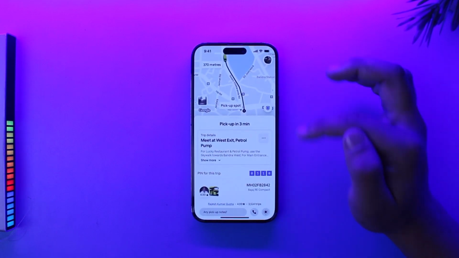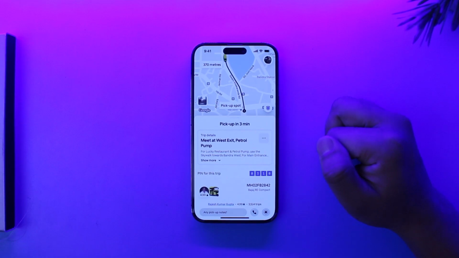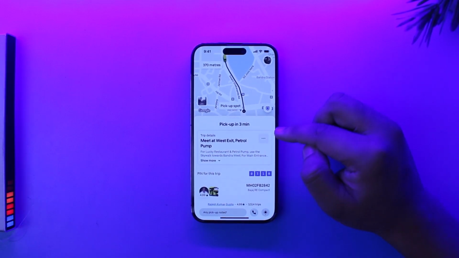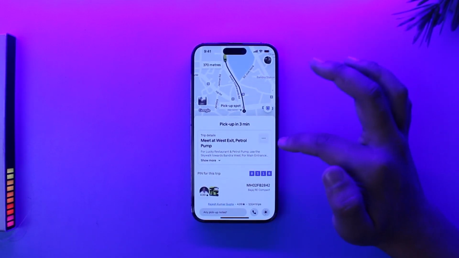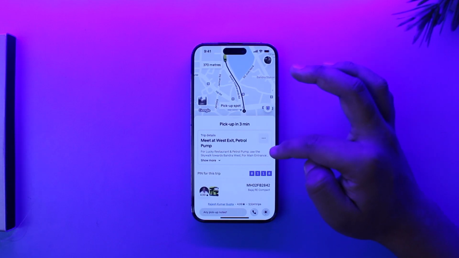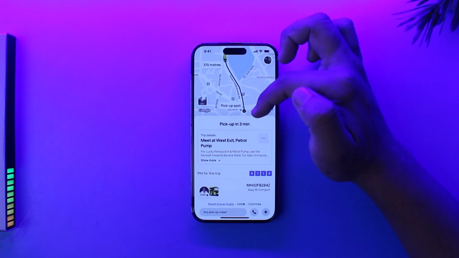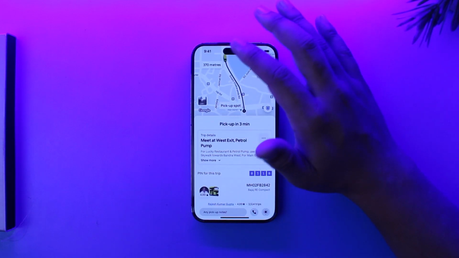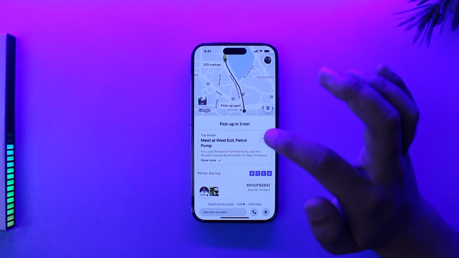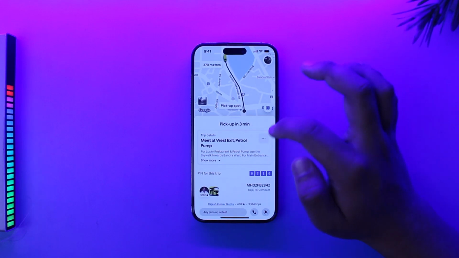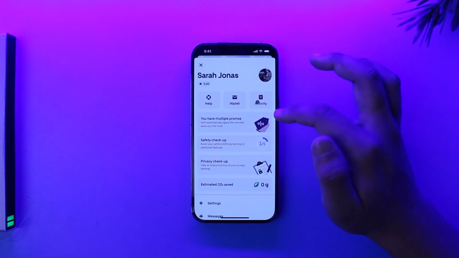Once you launch the Uber app, this is the type of interface that you will see. Now over here, you have a certain ride that you booked, right, and they're coming to pick you up, but you can see the pickup spot and where the driver is. Now if they're nearing the area, chances are it might not be available for you to cancel, but as always, you can just tap on that particular transaction right there, and once you've selected that, you can see all these